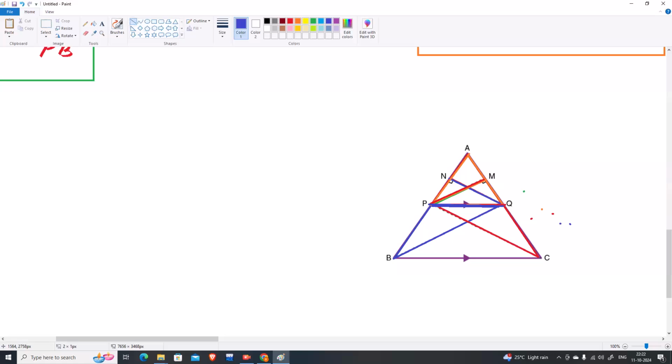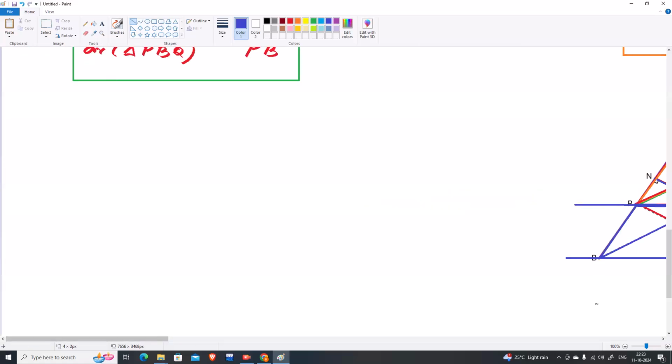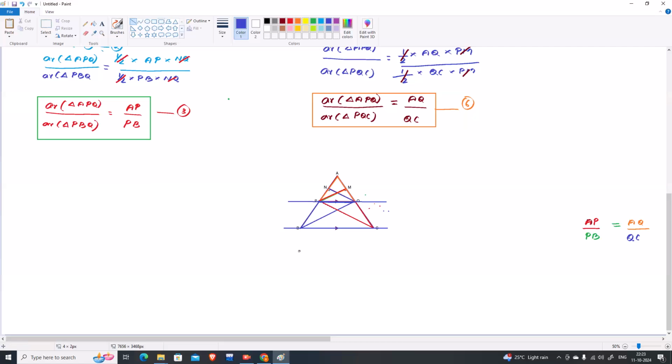So in ninth standard we have learned that triangles having a common base and within the same parallels PQ and BC, we can say both the triangle areas are the same. So according to that we are writing